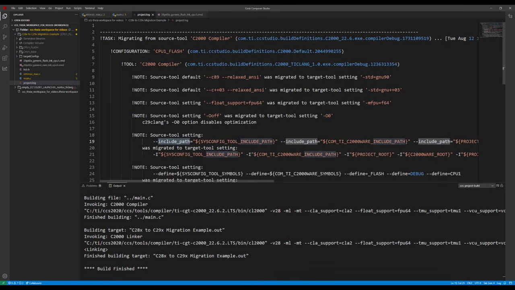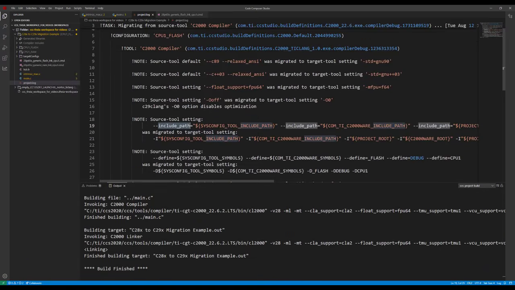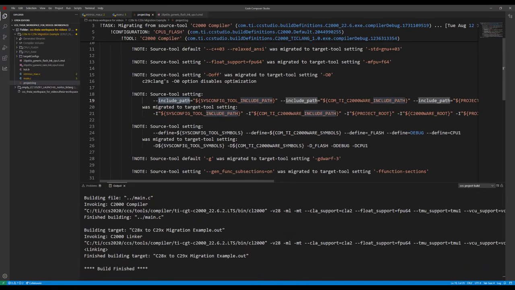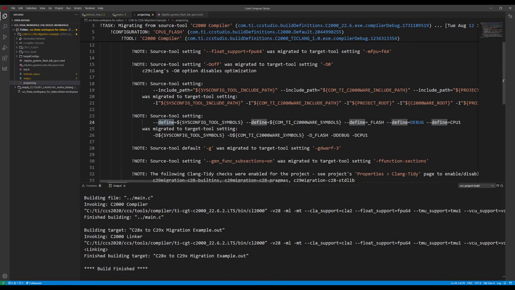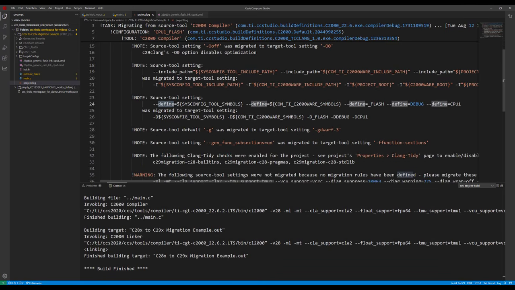The include paths, that's something that's best covered in the migration flow, remember how at the beginning of the video I talked about that? That's covered in there, particularly when you're changing from a C28X based SDK to a C29X based SDK. That's where all that sort of thing will get changed, and that's the best way to do that. Similarly with these predefines, command line defines, similar story. So -G becomes this with C29 Clang, and so on. Okay.